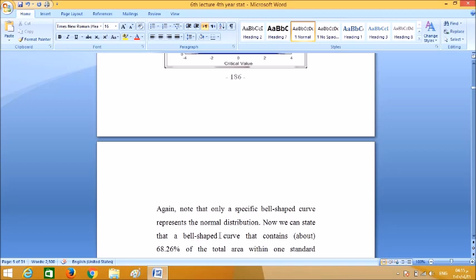Again, note that only a specific bell-shaped curve represents the normal distribution. Okay, so you can conclude that only a specific bell-shaped curve represents the normal distribution. Okay, now we can state that the bell-shaped curve that contains about